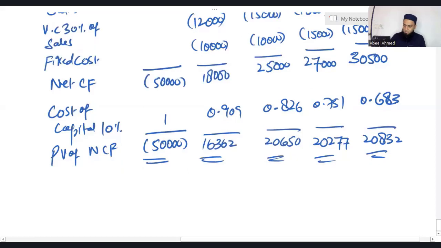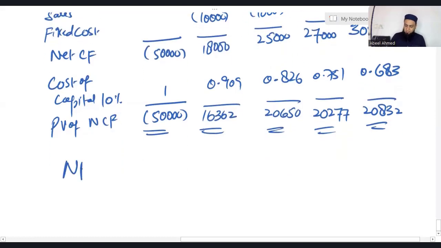20,832. Now we can easily calculate NPV, net present value. 20,832 plus 20,277 plus 20,650 plus 16,362 minus 50,000. I'm getting positive 28,121. So what I did, I added all the present values, 1, 2, 3, and 4, and then just deducted